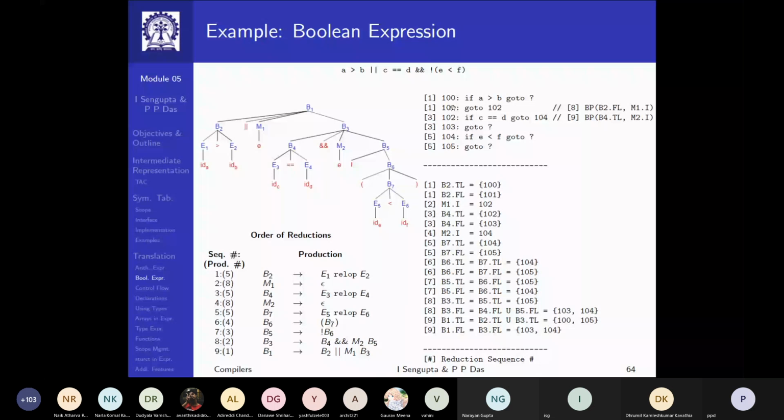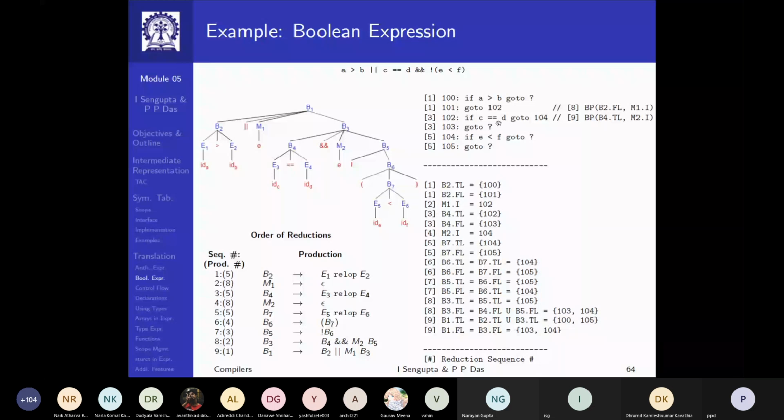I'm just remembering that. Then I have this relational operator, which gets the next pair, wherein again, forget this, this is B4. So B4.TrueList is 102. B4.FalseList is 103. Okay?